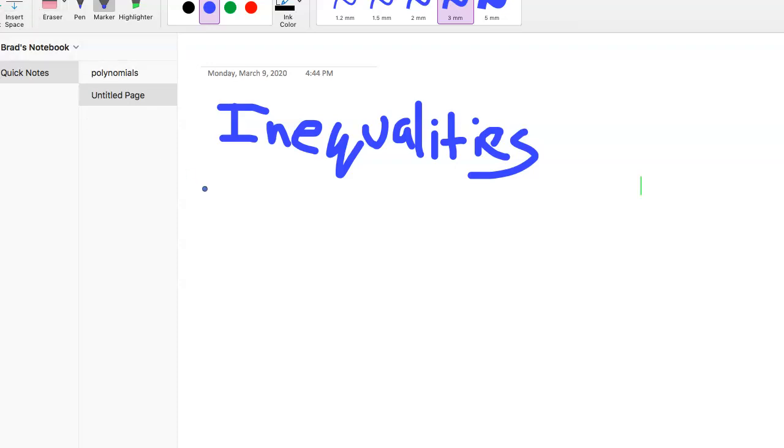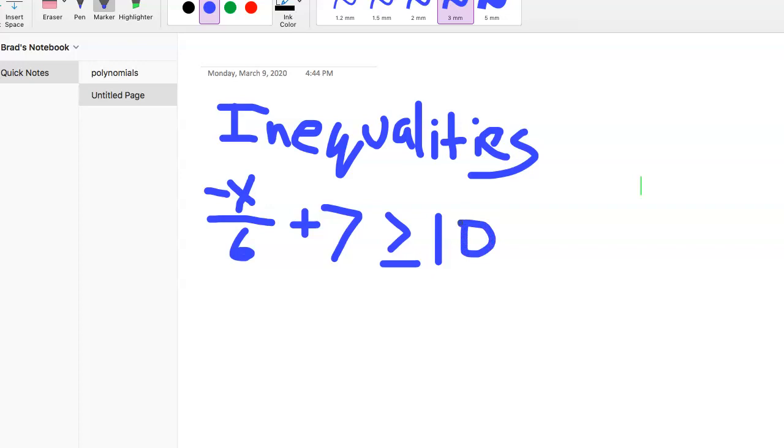So here's our first problem. We've got negative x divided by 6 plus 7 is greater than or equal to 10. Okay, so right now it looks kind of like a mess, right? So first thing is, let's get rid of the 7. All right, so I'll subtract 7 from both sides,